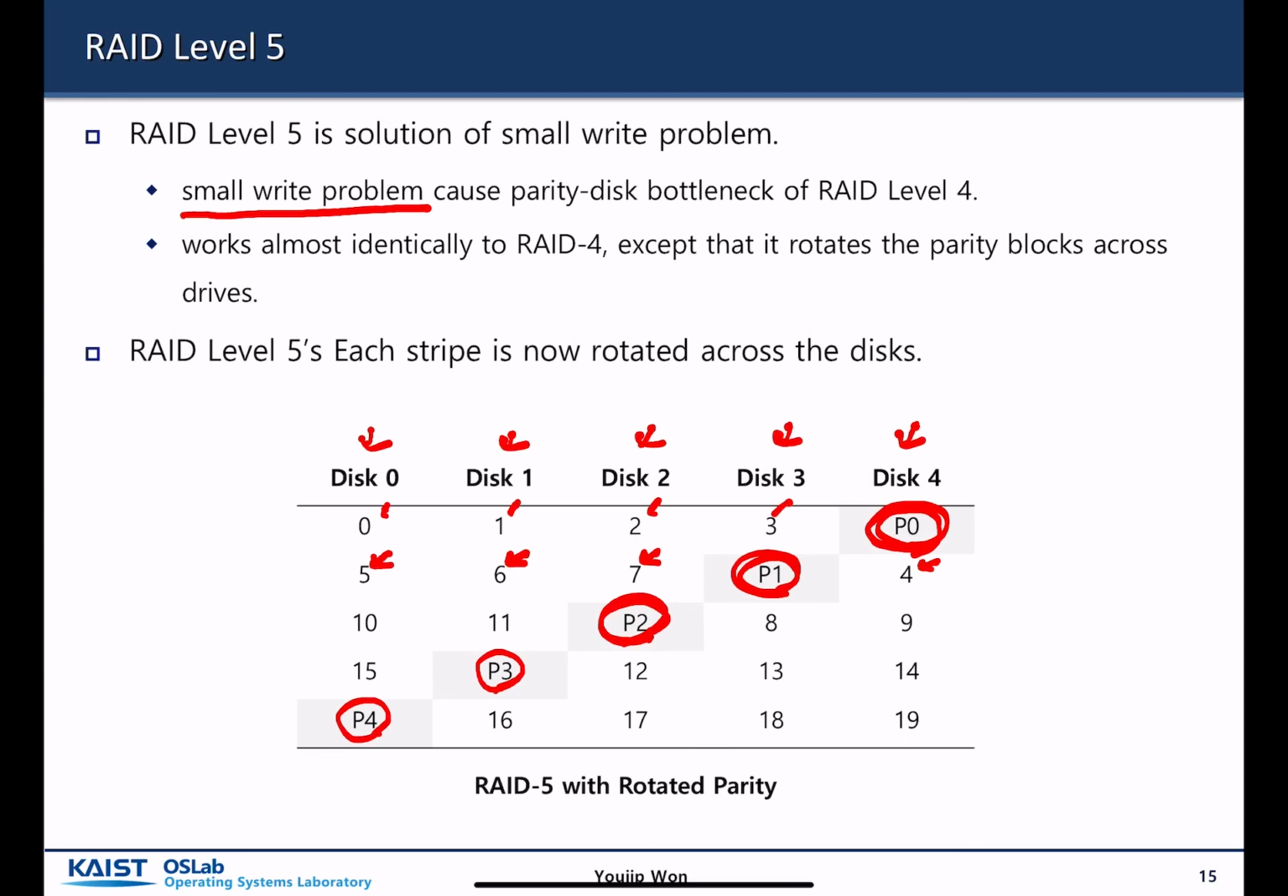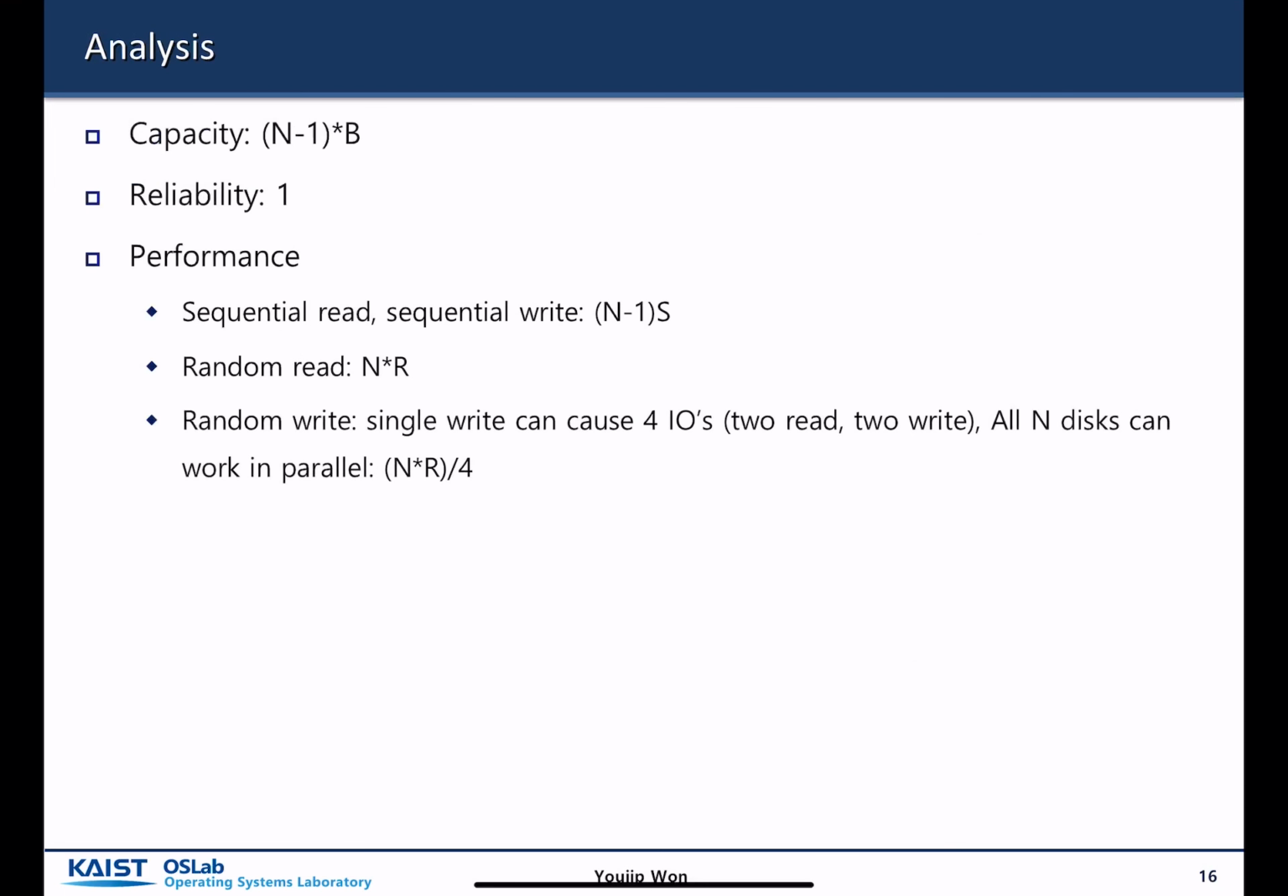This is a very interesting approach. Let's look at the actual performance contribution of this approach. Capacity is going to be the same. It's (n-1) times B. RAID level 5 can survive a single disk failure in this type. Sequential read and sequential write are the same as before. It's (n-1) times S. Random read is the same. It's n times R. If you consider RAID level 4,